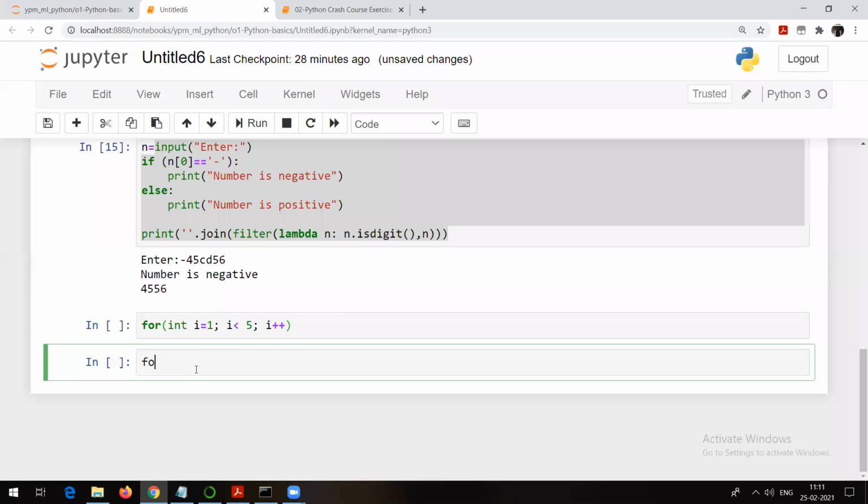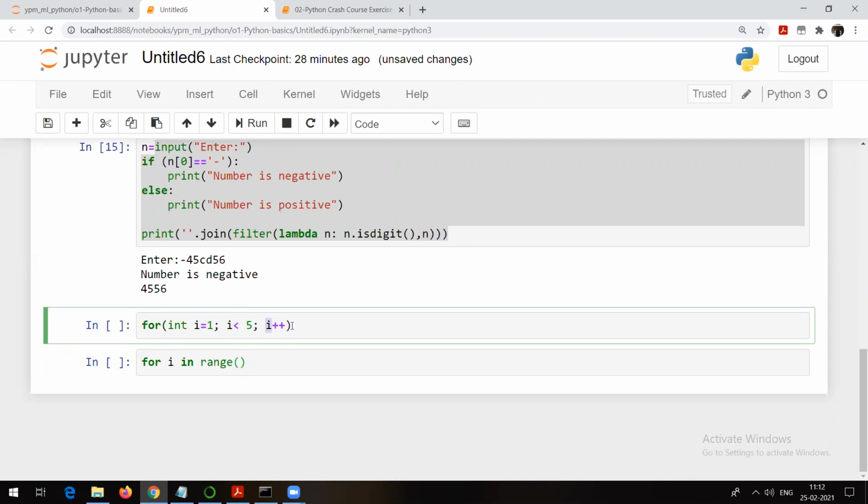So, simple thing. For some i in range, we have range and other ways also. I am not saying only range. What are they saying? For int i equal to 1, i less than 5, i plus plus. What can you do here? You people also can answer. For i in range of 5, that's it. This particular thing can be written like this in Python because there is no need to increment anything. Python understands because of the range only. If I write range as 5, that means 0 to 4. For i in range, here I should make it 1 to 5 because he wants to start with 1.